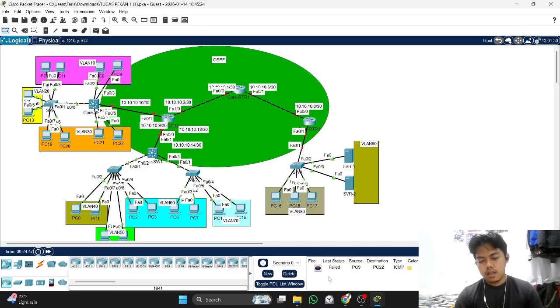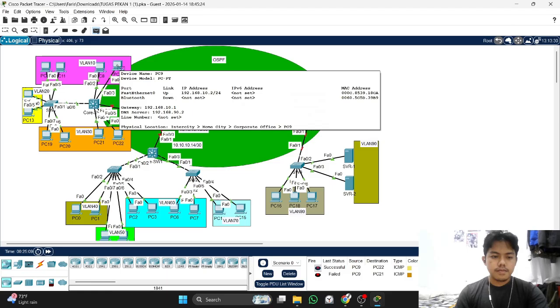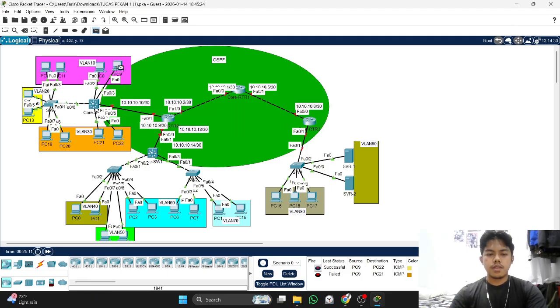Now, for the first step, it failed, but you click twice on this. Now, after that, successful. Now, do this to all of the PCs.